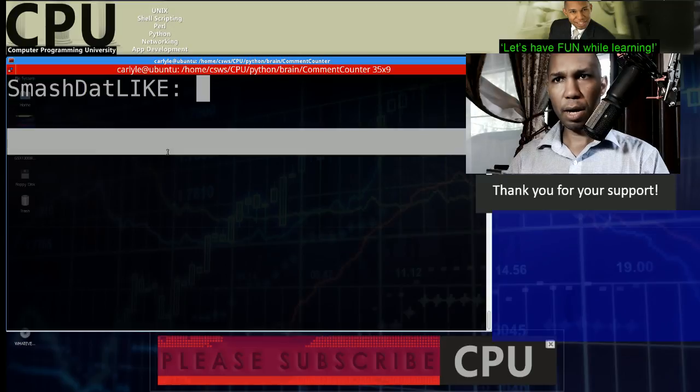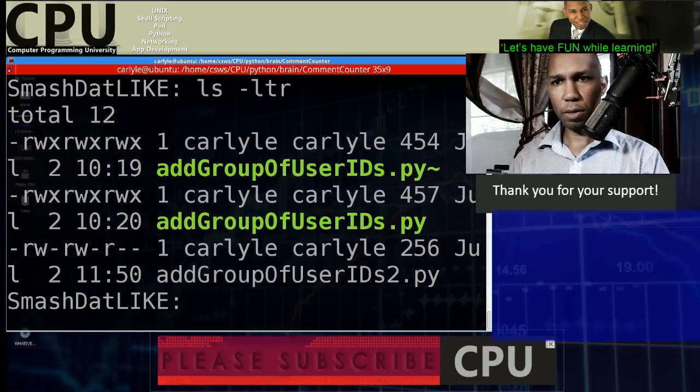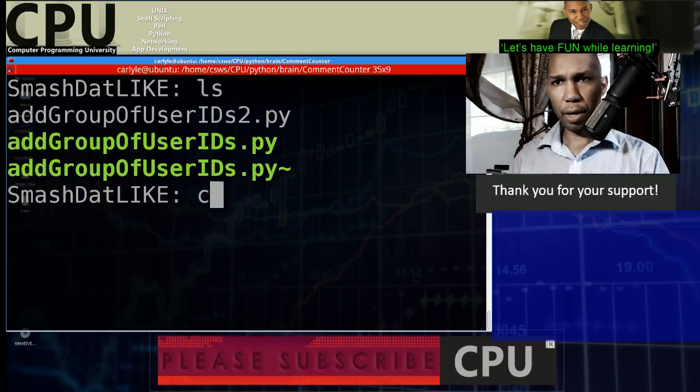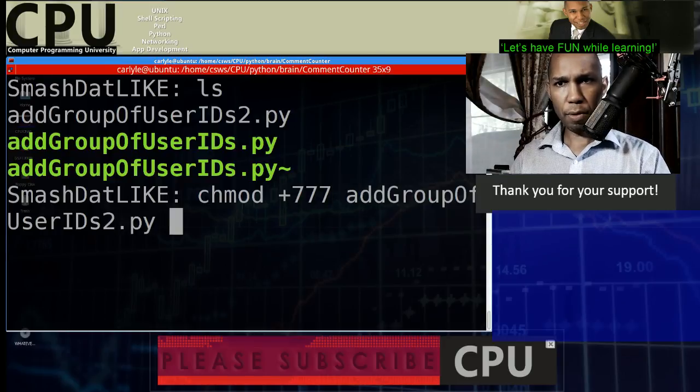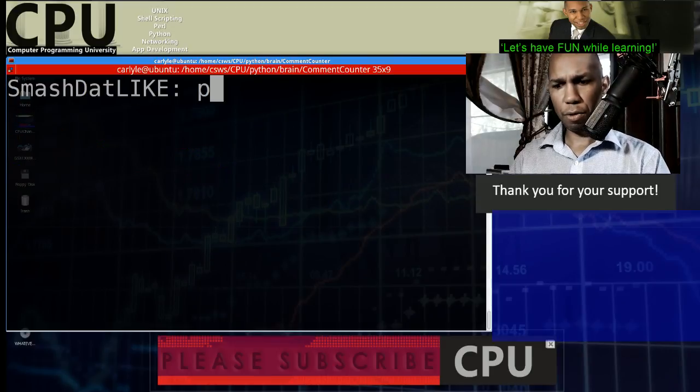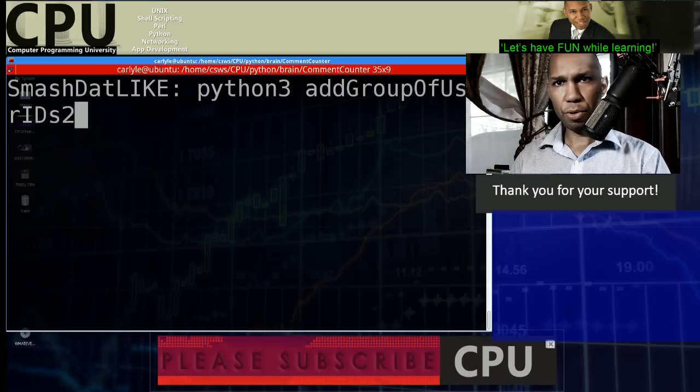So we see here we have our file there. Let's make sure it is executable. So we do plus 777 and we do add number 2, and boom. So now we are going to Python 3 add number 2.py, and